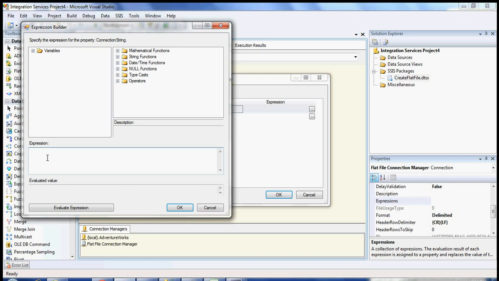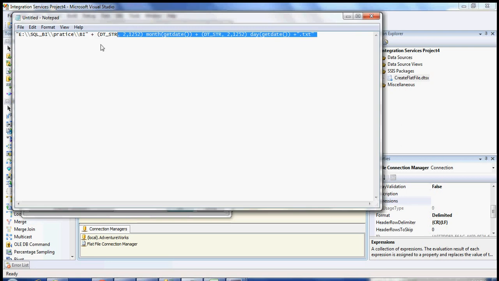If you remember, when we clicked on new previously, we selected the browse option and put the directory there, the directory where we want to save the file. We're going to do that here, so we can have the file name dynamically. So I have my expression here. What I did is I first saved the folder where I'm going to save it.